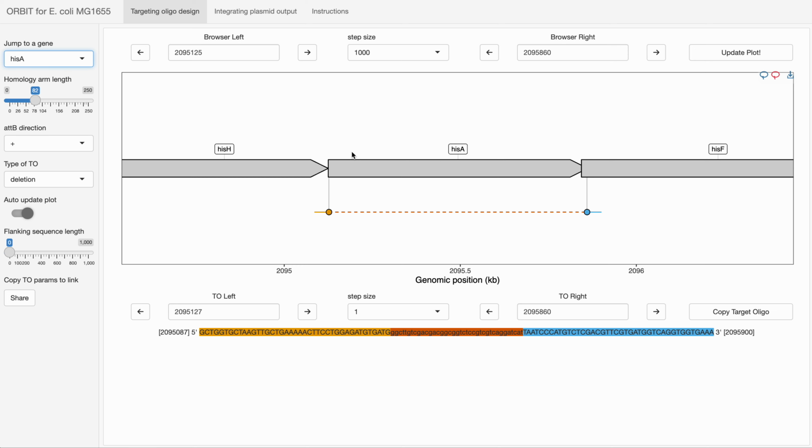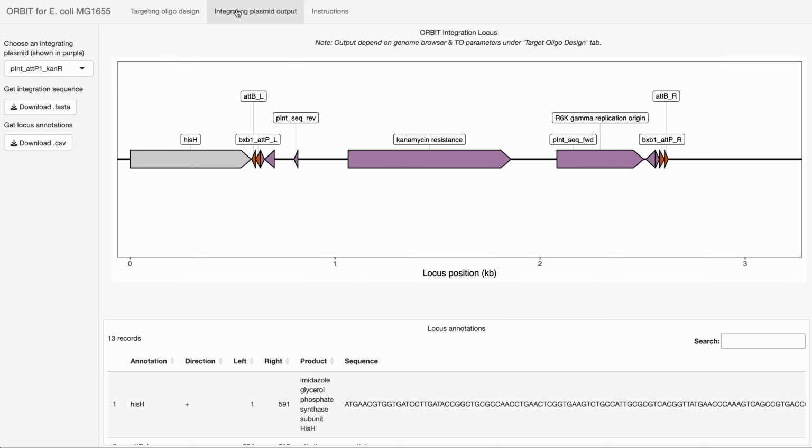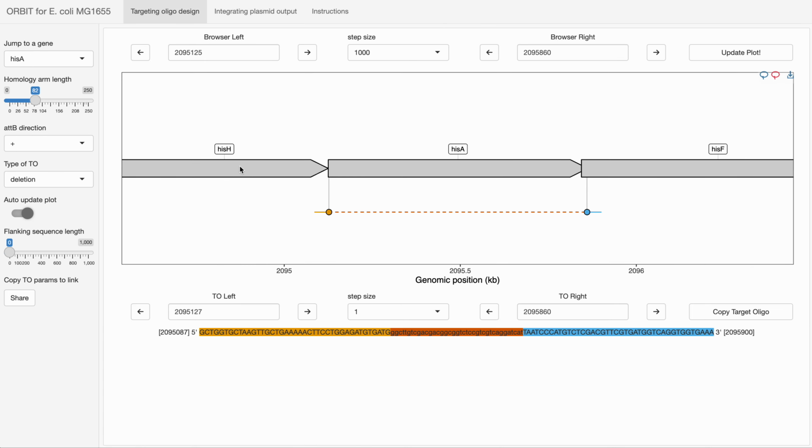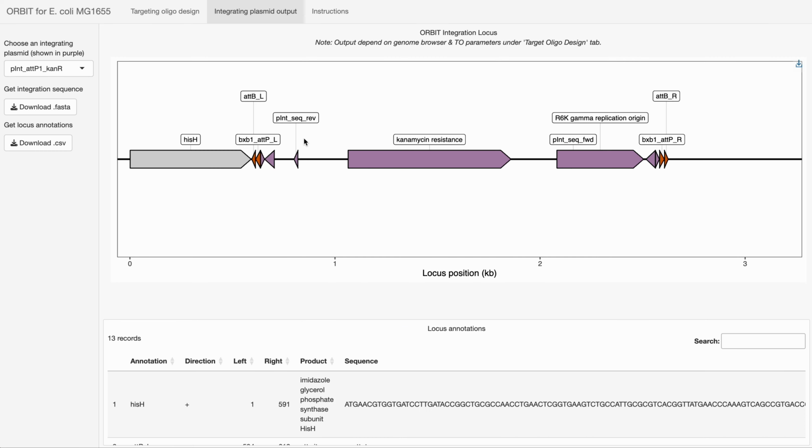And now if we click on this integrating plasmid output tab, let's see what our actual locus structure should look like. Okay, and what you can see here in gray are these same genomic positions. So HisH, HisA is now gone and is replaced with the ORBIT integrating plasmid as well as the attB sites. So this little attB site here, attBL and attBR,